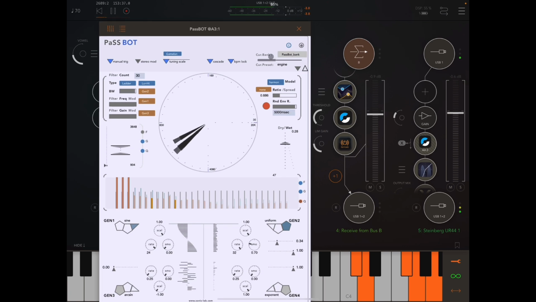So basically, I really like that it's got these different filter types. I love how you can have up to 64 filters. I really like the ability to quantize to a particular scale. I love how things are represented in this circle. It's very interesting and it's very enjoyable, I think, when you're playing around with this kind of music, to have